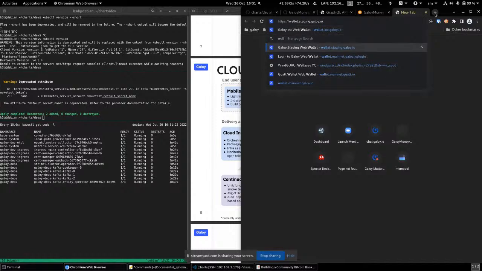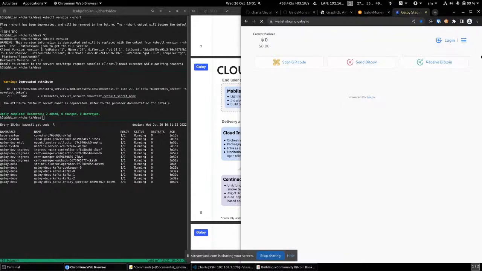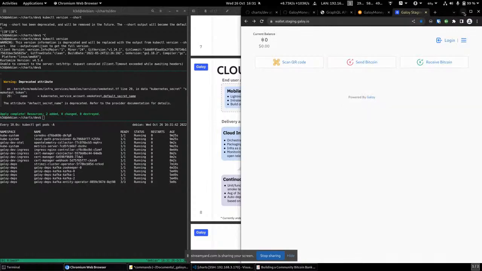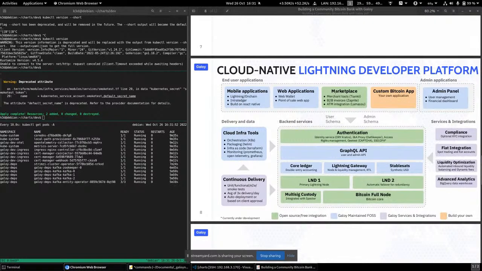But you can also go to the staging one, which is working on testnet, where you can first of all need to log in, which I won't do at the moment, but can send and receive Bitcoin as you would expect. No worries, this is a testing environment. And then